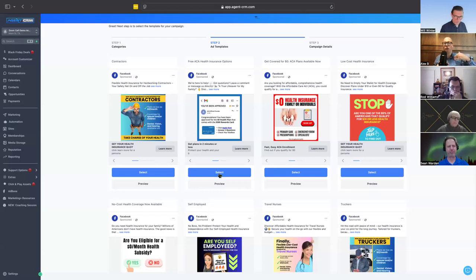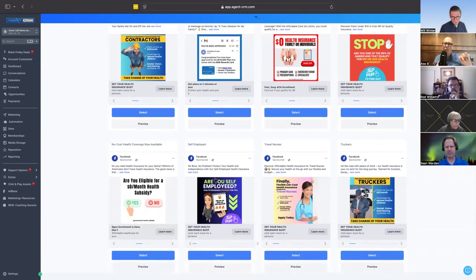Now, if there's an ad in here where you're like, that doesn't really represent my brand, I don't feel that one very much, then don't launch that one. Don't select it. But there's going to be multiple ads in here that you can use. I highly recommend trying as many as possible. Now the ad, when you launch it, I'm not going to go through an AdBase tutorial here, but